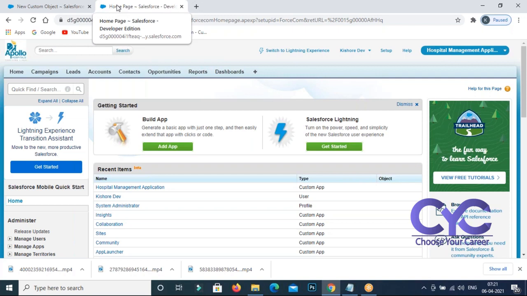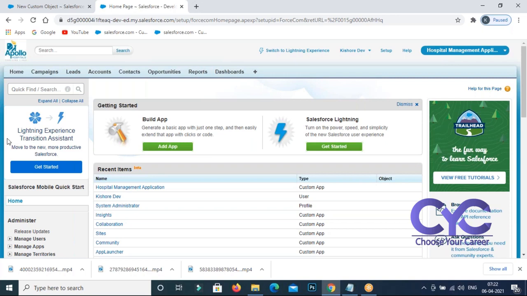Next, Developer Editions are there. Are you getting? Enterprise Editions are there, and another thing is Unlimited Editions are there, Group Editions are there, Personal Editions are there. Different types of editions are there in Salesforce. Every edition is a production environment. Now your trial account is a Developer Edition. That is also a production environment actually, no doubt in this one.